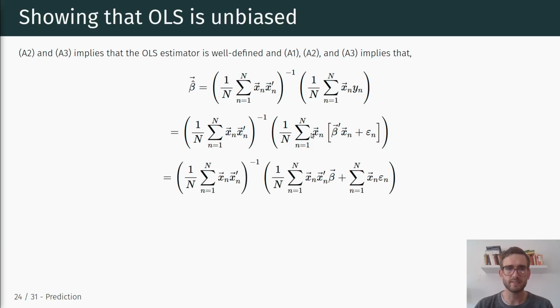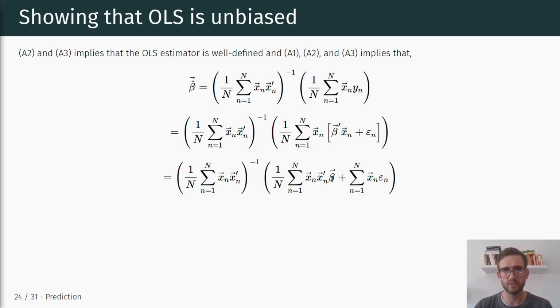And then in the next step, we can multiply out this product. So we're left here with x_n times beta prime x_n. Now I'm skipping ahead a little bit, but here we're using the same transpose trick, where this is a scalar, so we can take the transpose and flip around the order to get the beta on the other side.